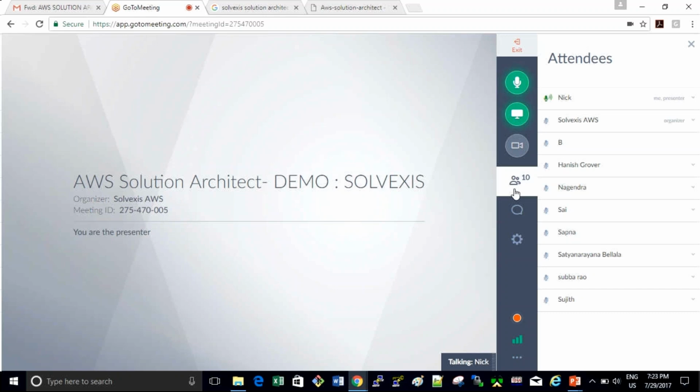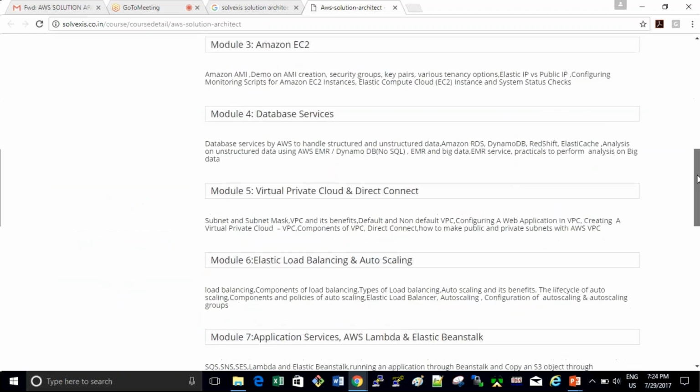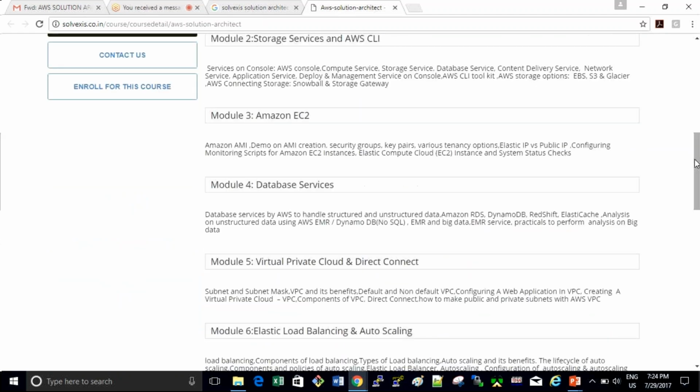I have quite a lot of experience in these technologies. The requirement is you should know the basic things at least. This is an associate level certification course which we have put together, and which will help you get ready for your interviews as well as for the certification. It's not just for certifications. We will try to make it as practical as possible so that you're ready to go for any interviews or work on projects. That's the intention of this class.